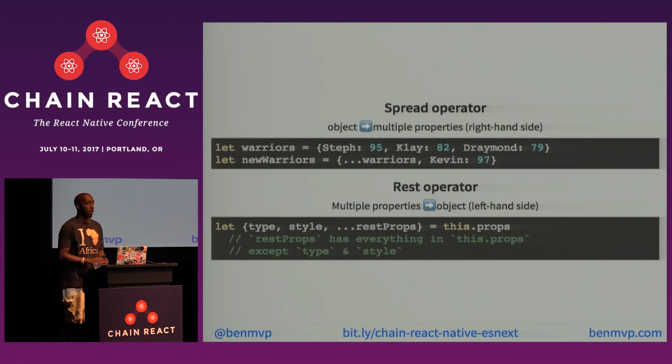Whereas the rest operator takes multiple properties and coalesces them together into one object, and you use it on the left-hand side of the assignment so that you can get all those together. So they're kind of like two sides of the same coin. They look the exact same, right? Three dots, but they do slightly different things.